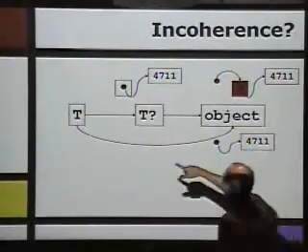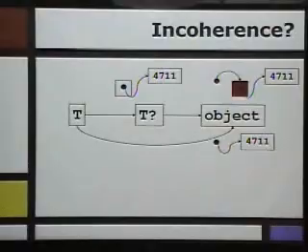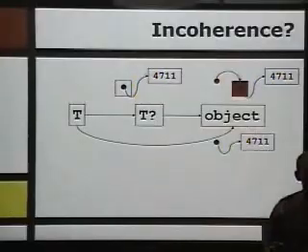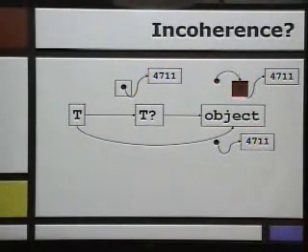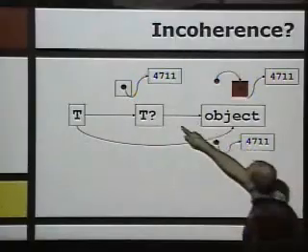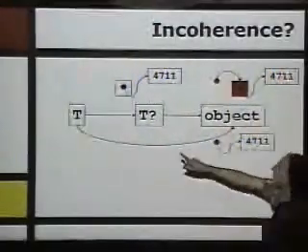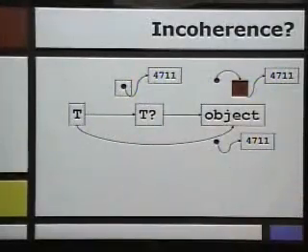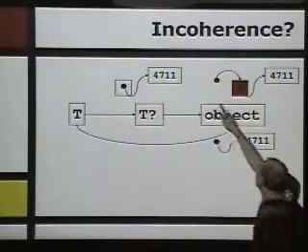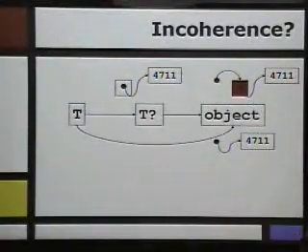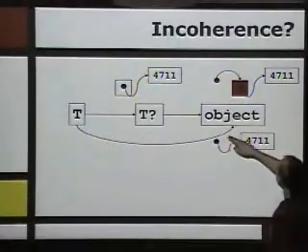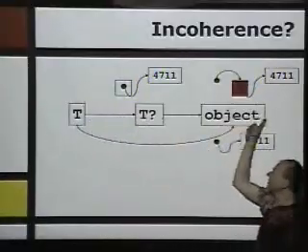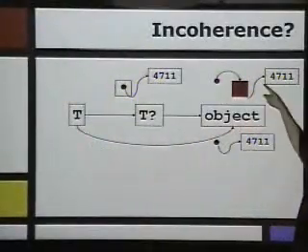Okay, so let's say that we just put this guy in a box. Now, when I go from T question mark to object, what happens? Well, if you go to object, you box the thing, right? So now suddenly I have a double thing here. And what happens if this guy would have been modeling null? Well, in that case, I would box it into something that wasn't null. Whereas if I would start here and go here, I box this thing directly. So going from here to here or from here to here directly would give me a different value.